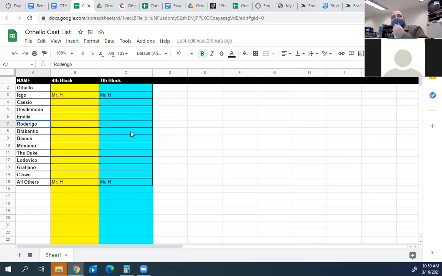And so actually, he's one of the guys who shows up in the very first act of the play. It turns out that he has been paying Yago to help keep tabs on Desdemona and Othello. And when he finds out that Othello and Desdemona are eloping and getting married, he's kind of pissed because he wants to be with Desdemona. And so he's going to sort of creep on her throughout the entire story. And he's part of the comic relief on some level because he's so dumb and he's so, I don't know what word I want, so incredibly devoted to Desdemona. He thinks somehow he still has a chance with her even after she gets married.